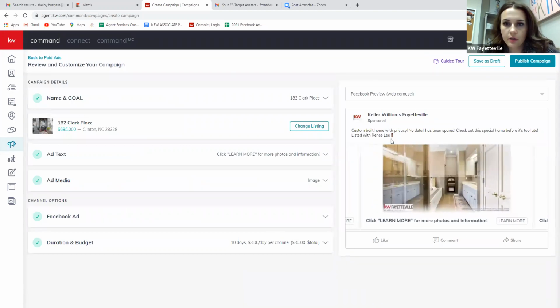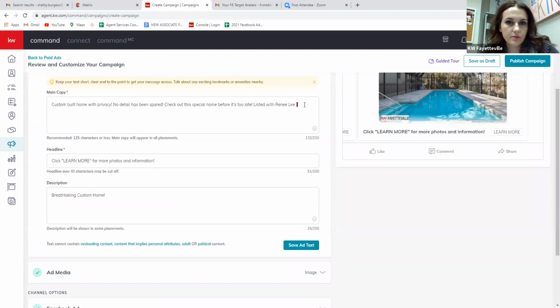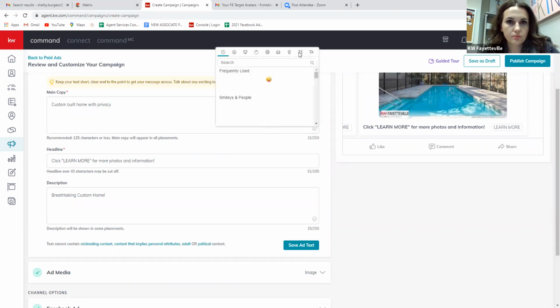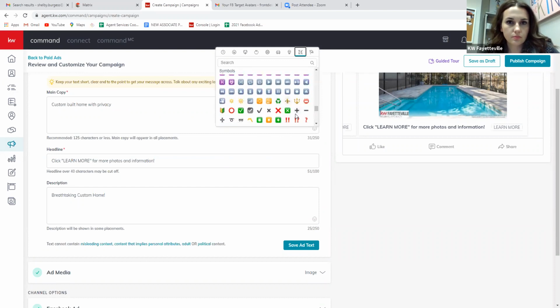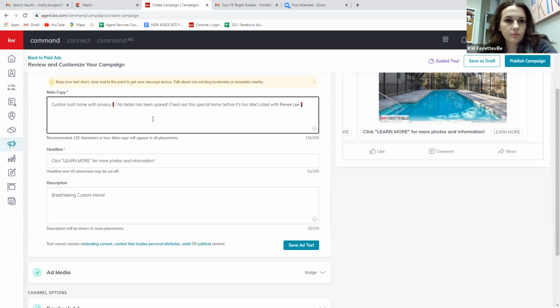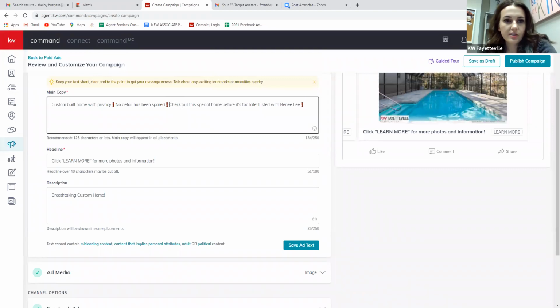Give it one last little look over. So custom built home with privacy, no detail has been spared. Check out the special home before it's too late, listed with Renee Lee. I'm gonna be honest, I don't really like the text, and you know, sometimes that happens. So I'm just going to add the little red exclamation points after kind of every little, because normally I always